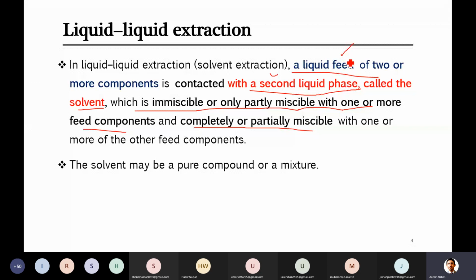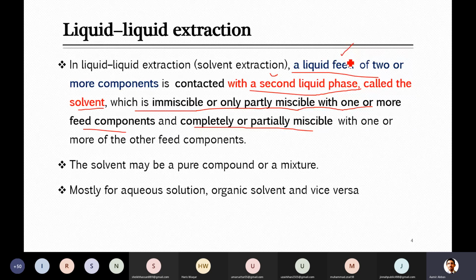So the solvent which we are introducing here, as we said, the feed may consist of two or more components. The solvent does not necessarily have to be a pure component. Sometimes it is pure, sometimes it is also a mixture of more than one component. So let's see, for example,